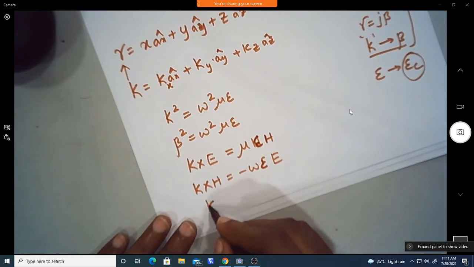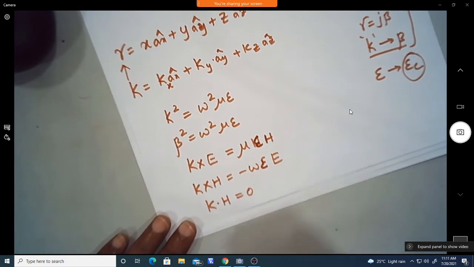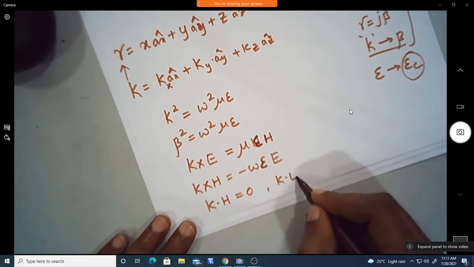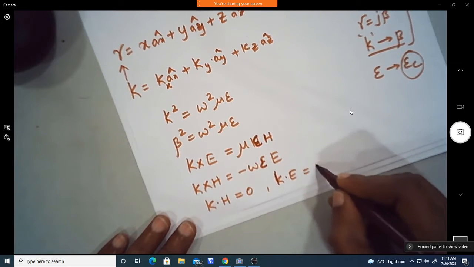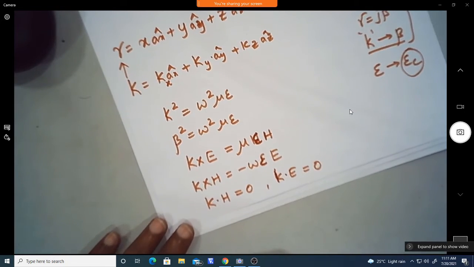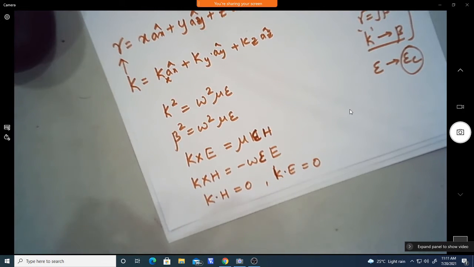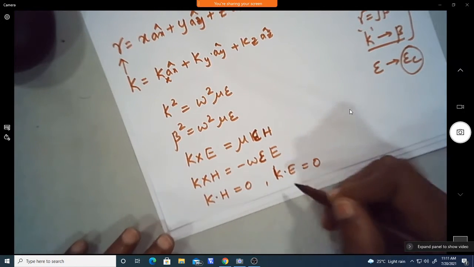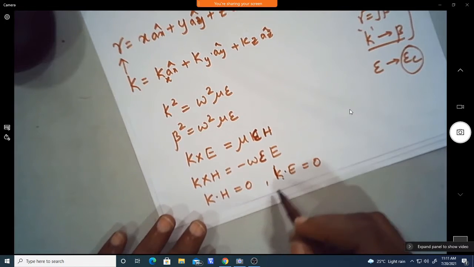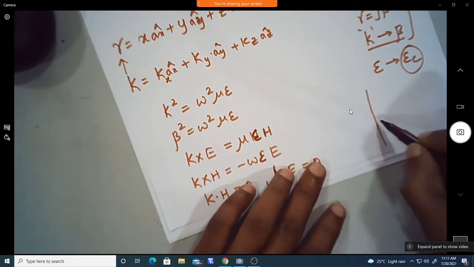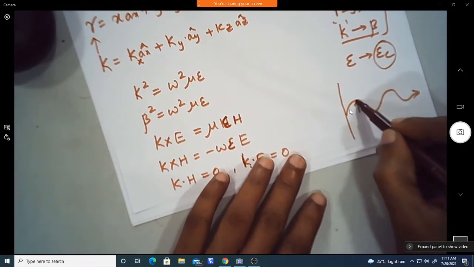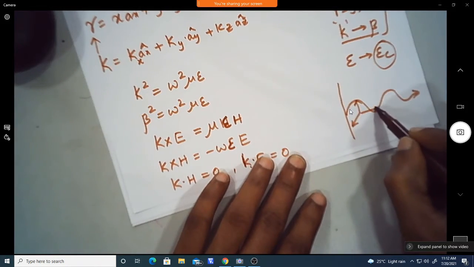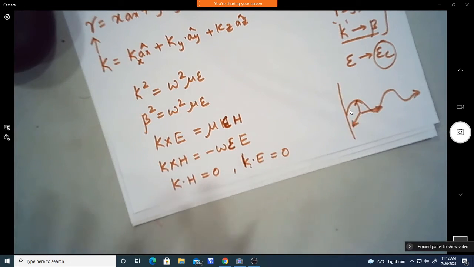If I know the magnetic field component, by using this equation we can compute the electric field component. And also if you take the dot product of the propagation vector with either the magnetic field or the electric field, it will give 0. So that means E, H and the propagation vector are involved. Why is this dot product 0? If you take a wave propagating in any direction, E and H and the propagation vector are all mutually orthogonal, or mutually perpendicular, to each other.